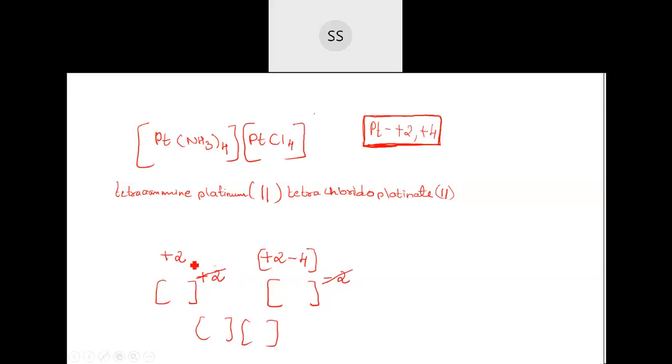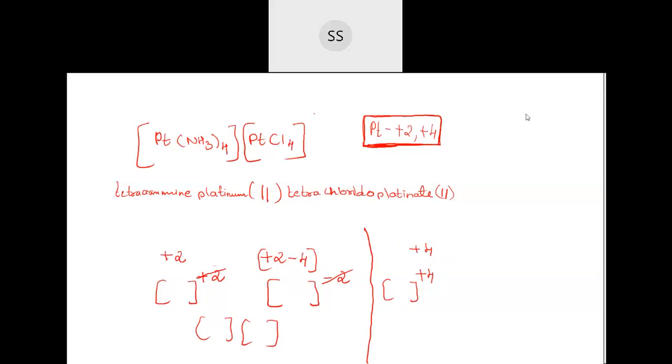So that is how this complex might have formed. Now we will check with +4 also, what can happen if I take +4 here. Let us take this as +4. So here for platinum, if I take +4, ammonia again I said it's 0. So that means the whole complex will carry +4 charge. Now come to the next part of it.